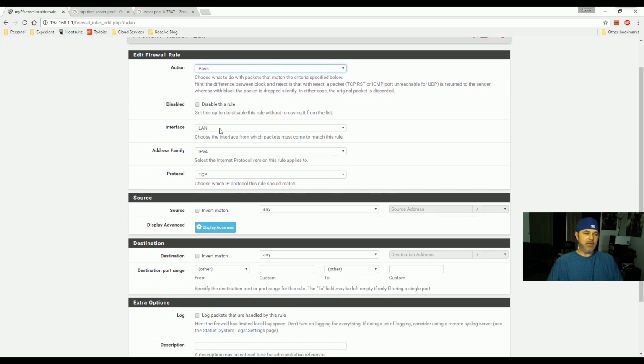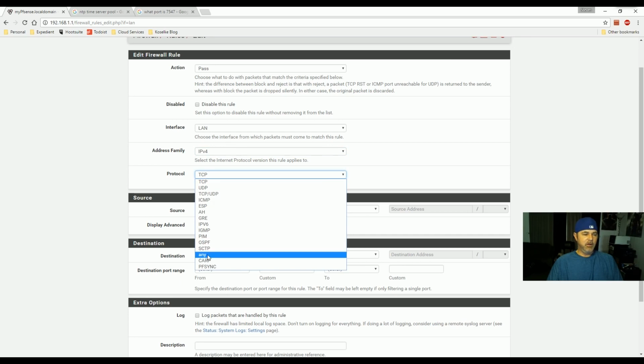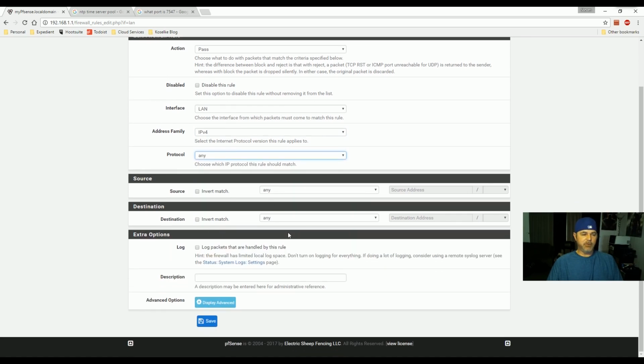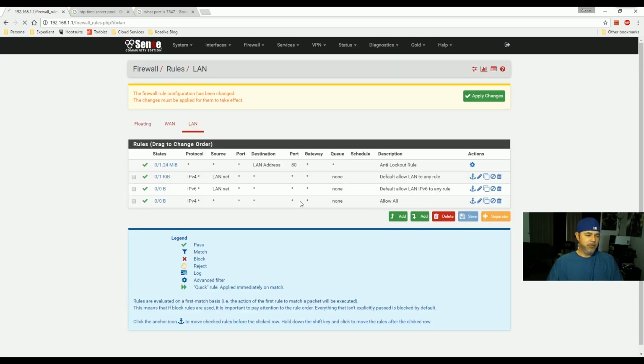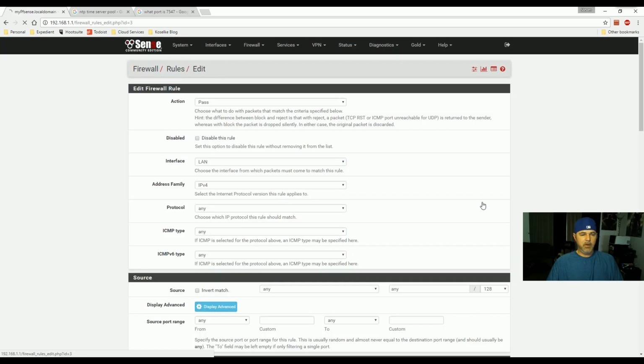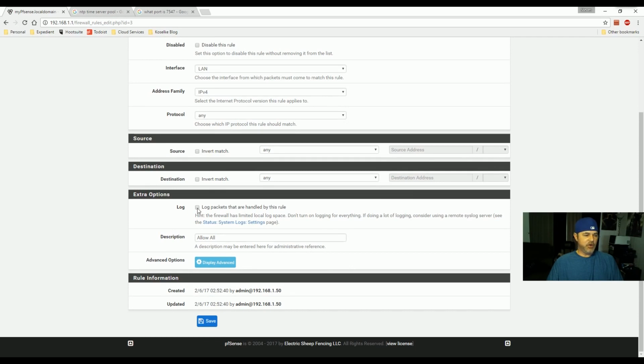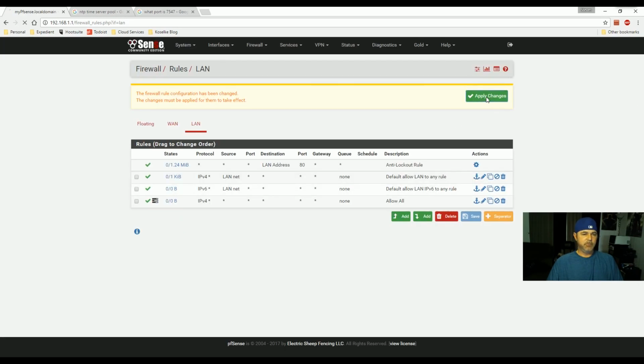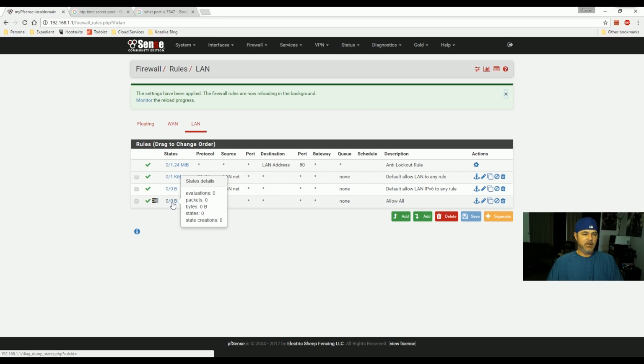So we want to pass any traffic it sees on the LAN interface with IPv4, any protocol, from any source to any destination, and this is allow all. And then we want to go ahead and edit that, and we want to turn on logging for this and apply those changes. Now I've created a rule that says to allow any traffic from any device going to any destination. And because it's on my LAN side, it's allowing my LAN devices, in theory, out to